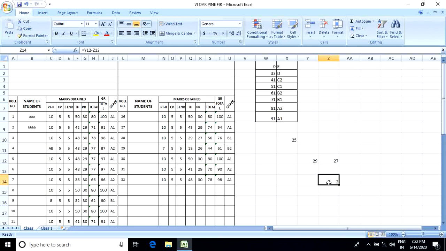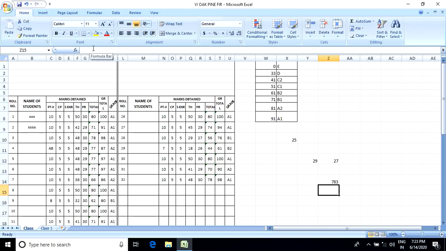Look at that, subtraction. In that way, we can also calculate multiplication. Just go to the formula bar and you can find that particular formula. Just press the star or multiplication sign. In that way, we can easily calculate.